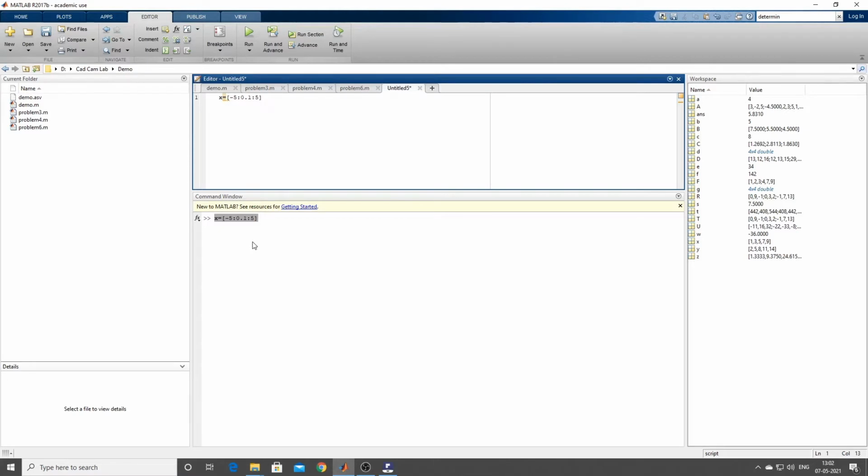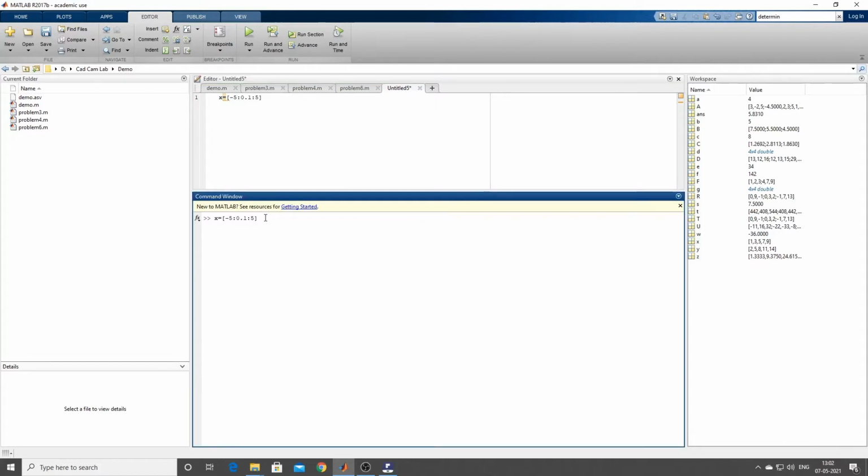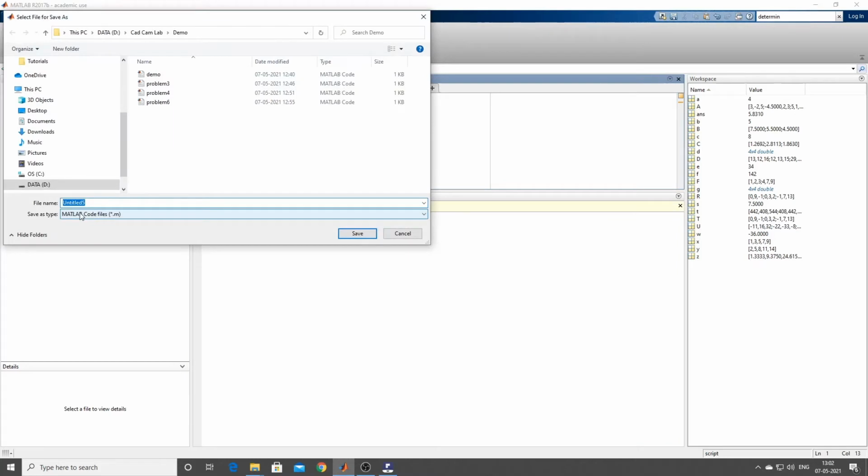If the editor window is not directly available, go to Add and click on Script, and you will get an editor window. Let us see what we get here. I'll run it and save it as graphs.